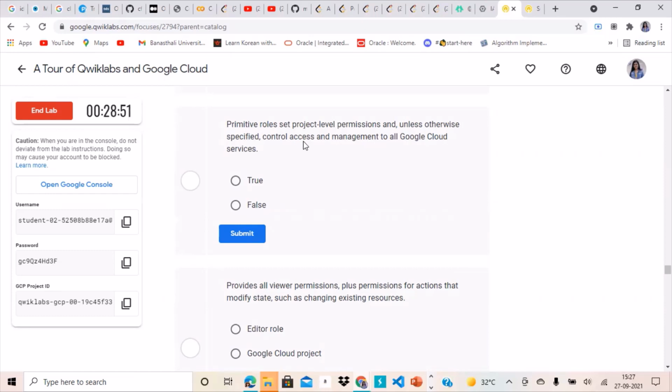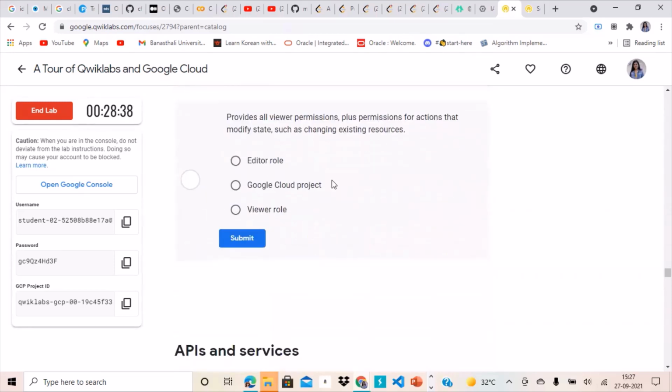The owner of that particular project accesses, manages, and changes the roles of different users on this project. So you can click yes, true. The next thing is: provides all viewer permissions plus permissions for actions to modify state, like changing existing resources. This is providing all viewer options plus all editor options, so this is an editor role.